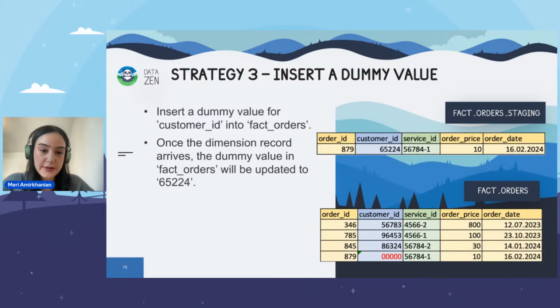Then strategy number 3, insert the dummy value. In this case, we right away push the record into the fact orders table, but as you can see, it got inserted with a value of 5 zeros as dummy value because we do not have the dimension for it yet. In your case, the dummy value could be NA, null, unknown, 0. Most importantly, it should be consistent across all the cases of missing dimensions. And as the dimension arrives, you, of course, go back to that record and update it to the correct value